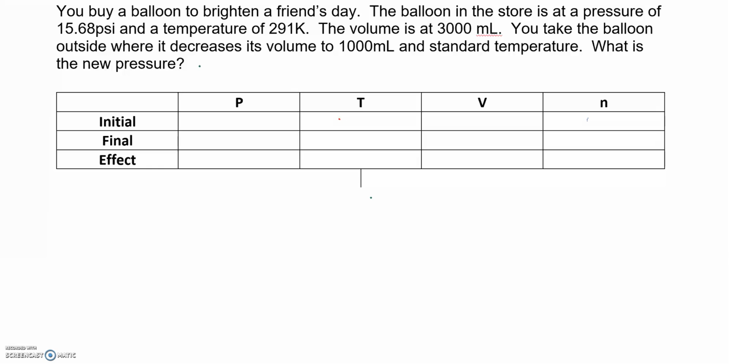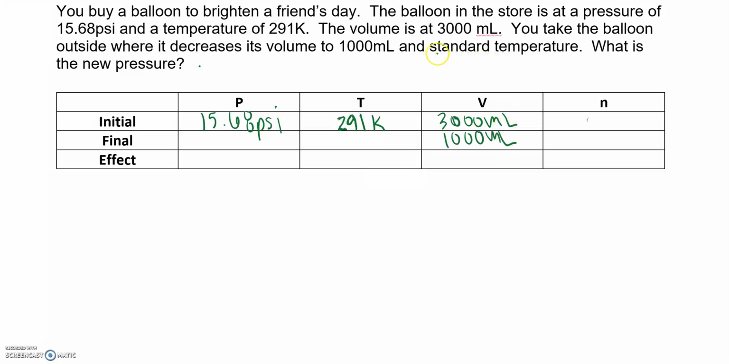The balloon in the store is at a pressure of 15.68 psi and a temperature of 291 K. Remember, we have to be in Kelvin because Celsius doesn't work. And the volume is 3,000 milliliters. You take the balloon outside where it's going to decrease its volume to 1,000